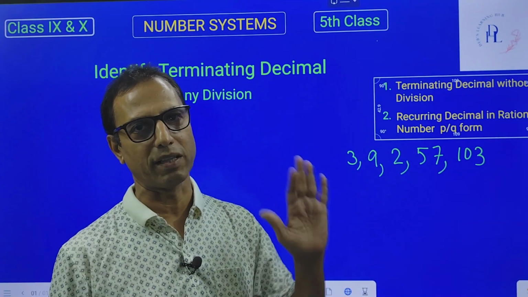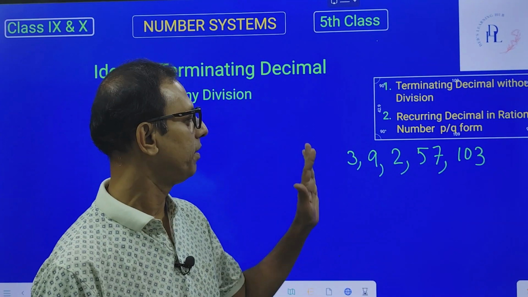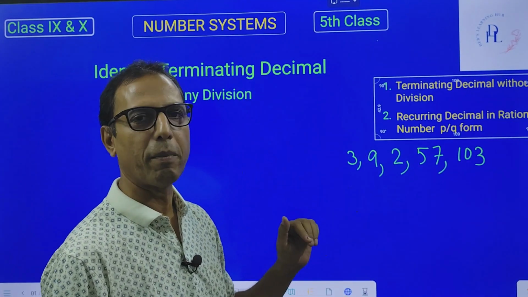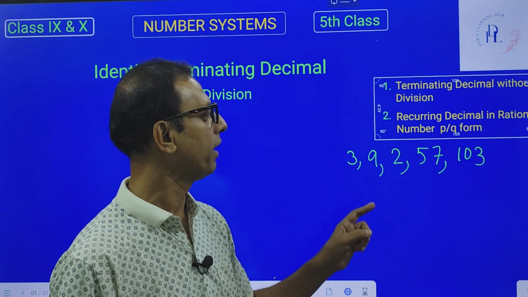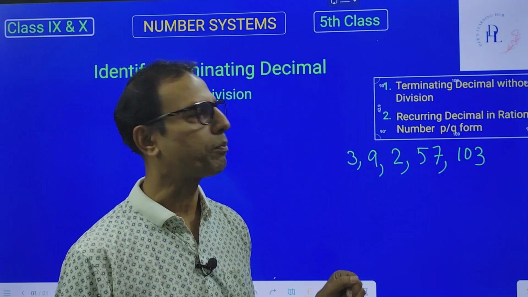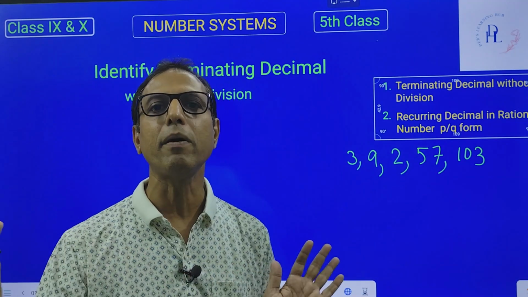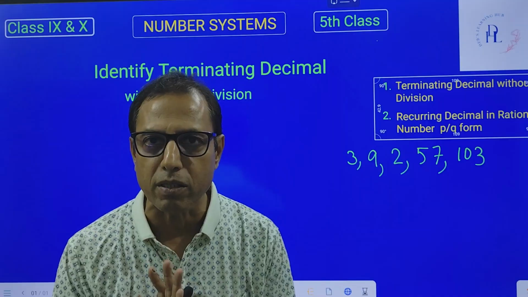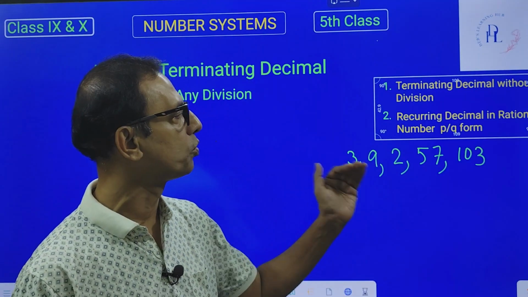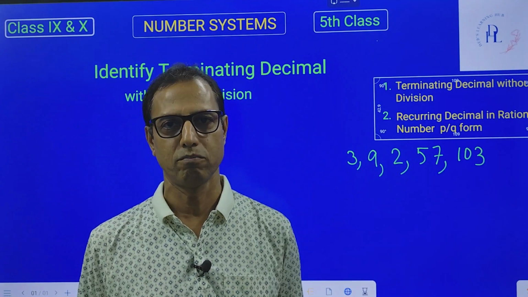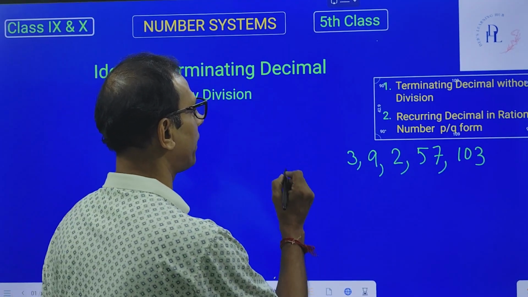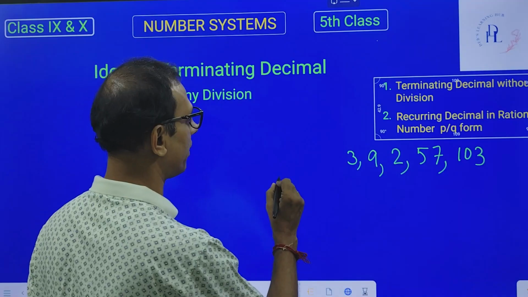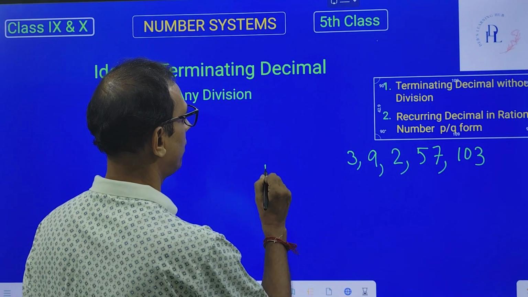So any number is divisible by 5, giving a terminating decimal. And the same for 2. 3 by 2 is 1.5. 9 by 2 is 4.5. 2 by 2 is 1. 57 by 2 is 28.5. So all the numbers in the number system, all the integers, are divisible by 2 or 5. So now the logic is, if we express any rational number in the form of p by q,